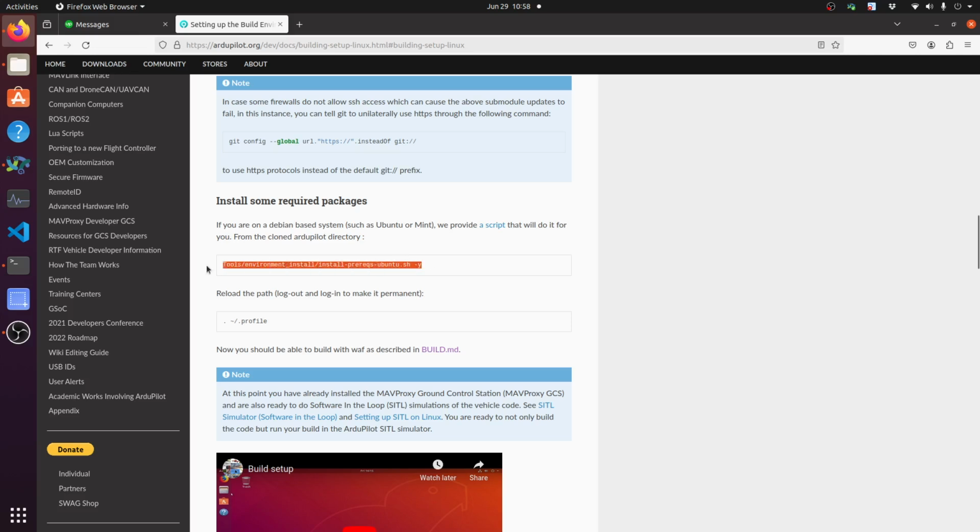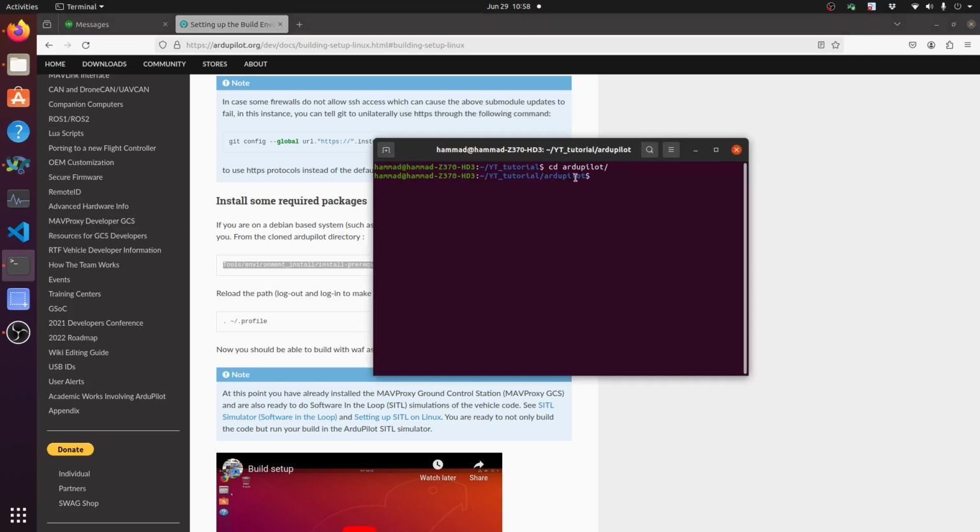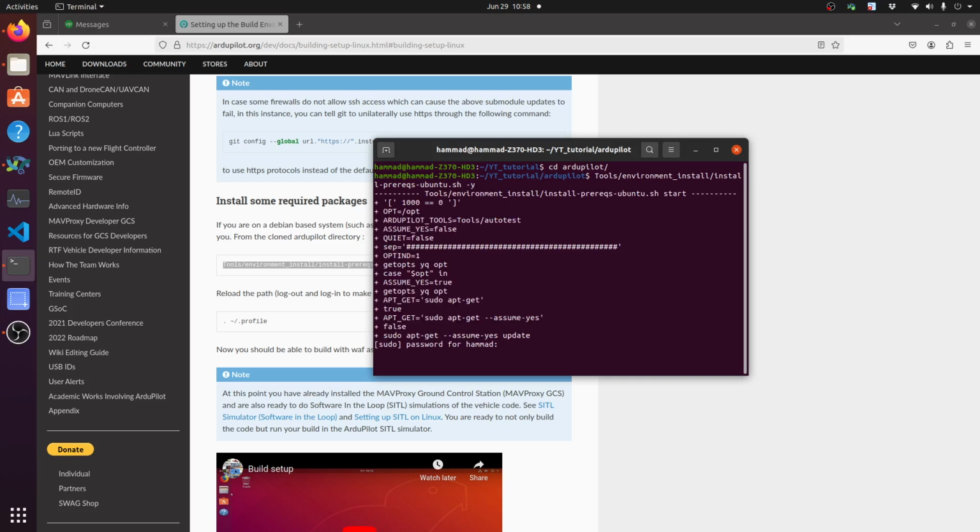It will download all of the dependencies and the necessary libraries for the autopilot firmware to build. Make sure you run this script inside the autopilot folder. So let's paste it here. The y argument ensures that we select yes before any installation. So let's click on that.